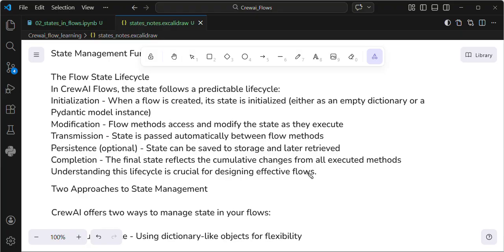These are the main things you can do in state management. If you see here, in CrewAI Flows, the state follows a predictable life cycle. First, initialization: when a flow is created,